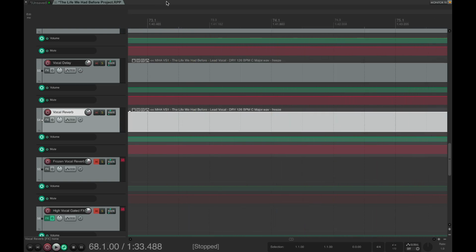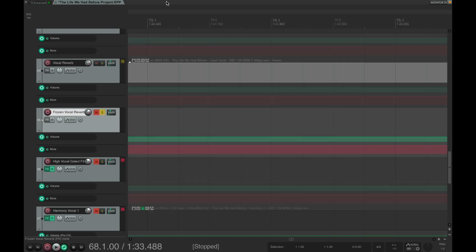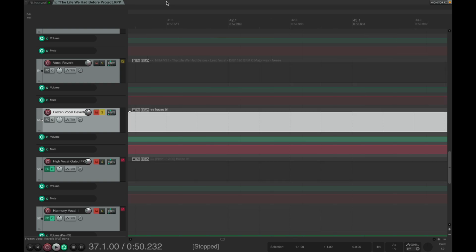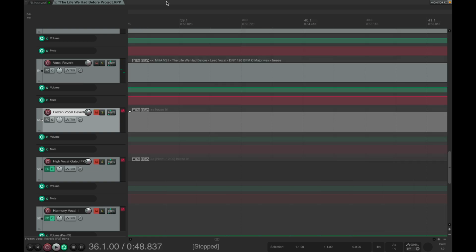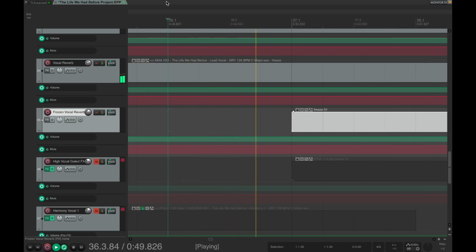So you can hear it's a pretty long reverb. This track is quite interesting because I used ROM, the Native Instruments reverb, and it has a freeze function which basically allows you to freeze the reverb signal. And that's what I did for this track in the drop. So if you hear this,